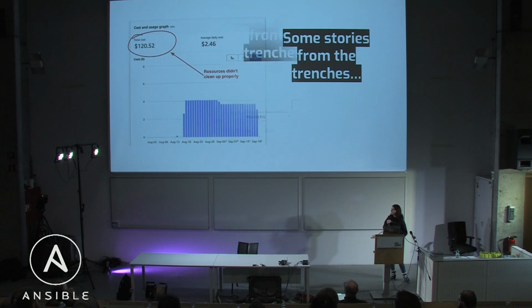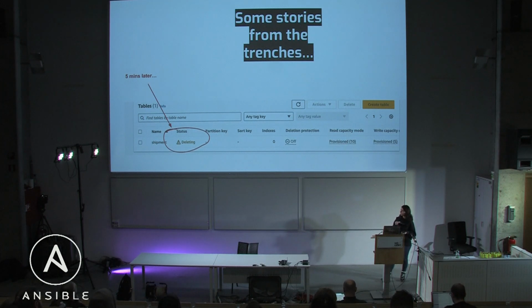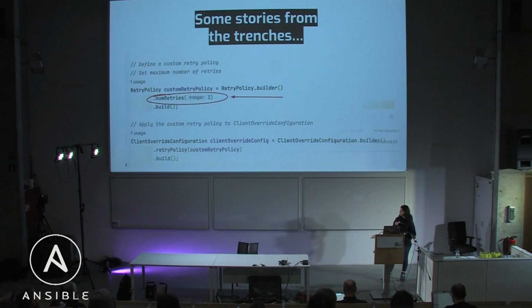If you have been working with AWS services and you destroyed them, you might know that they're not immediately released and they linger in some status for quite a few minutes, and then it's really hard to recreate them immediately after you thought you cleaned up. You might also need to master the SDK on top of mastering the AWS services. So for example, if you're doing exception handling, you need to make sure that you have the right number of retries.